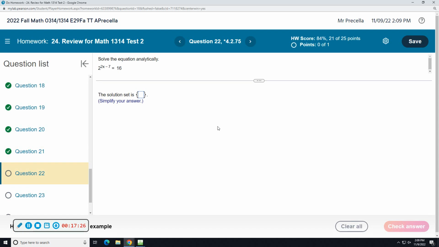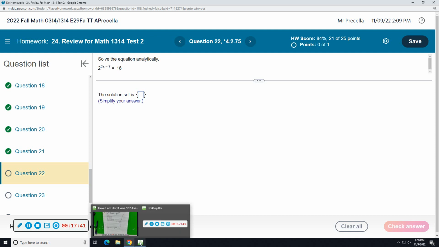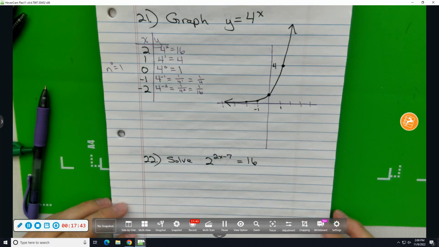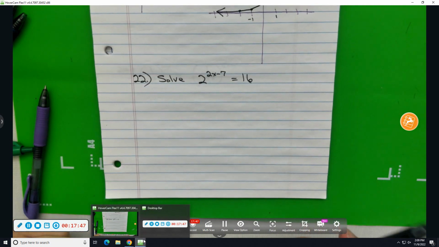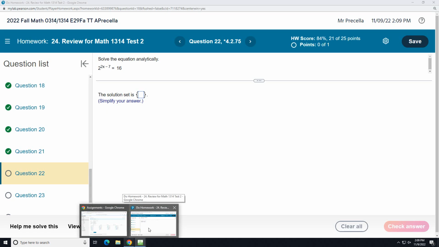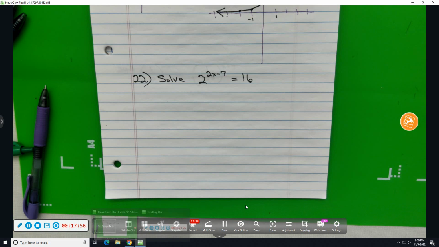And now we're going to solve some exponential equations. The first method we had of solving exponential equations was to get a common base. Switching over to my paper. 2 to the 2x minus 7 is equal to 16. Let me make sure I didn't miscopy that. 2 to the 2x minus 7, yes, okay. So,